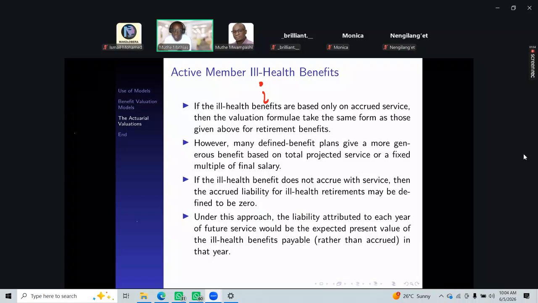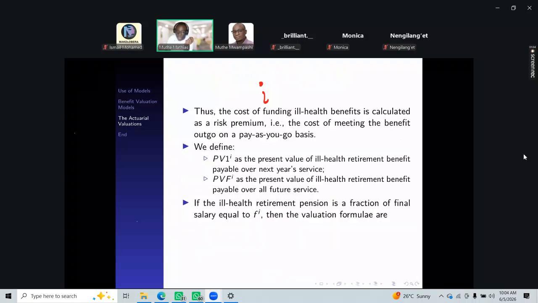And I said, if you remember, generally you have benefit estimated as a fraction of salary, right? A certain fraction of salary. So their formula tends to be somewhat different from what we saw before. So I'm going to denote two things here. Because we don't care much about the accrued service, at least here, right? Because you can have a pension fund which considers that,